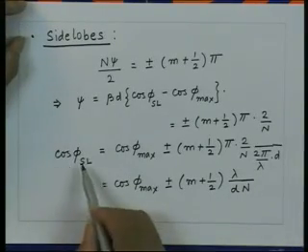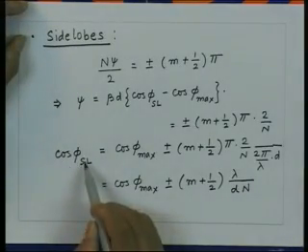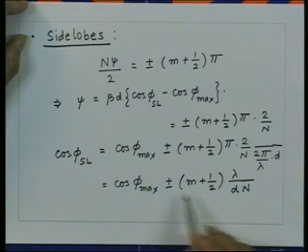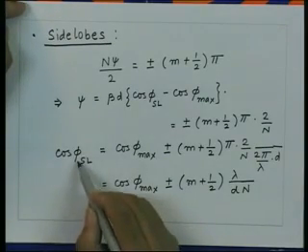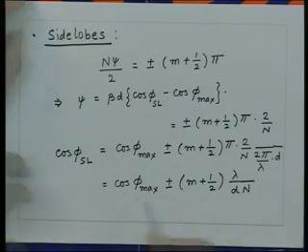So, now again, since this is representing cosine of phi L, we have to choose those values of m for which the magnitude of this quantity will be less than 1, and that essentially will represent the direction of the side lobes. One can also argue from the simple thing as we discussed earlier,